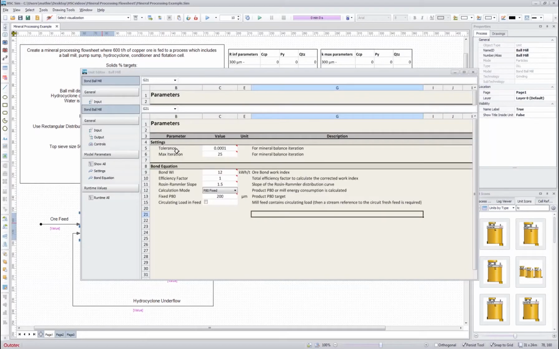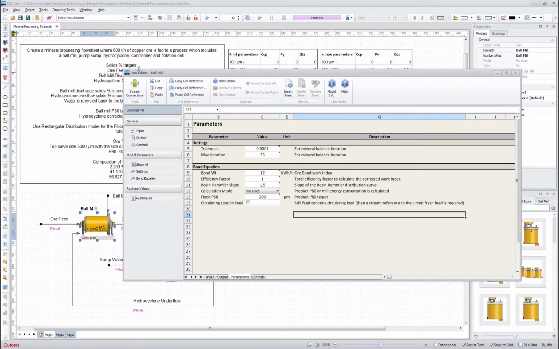First, let's take a general look at how the model and the unit editor actually look. We can see that this editor is quite a bit different than what we saw in the reactions and in the distributions. All of the particle unit operation models look something like this. They have the navigation bar over here and then some tools over here. And these are the so-called DLL models. You can also create these DLL models by yourself if you know how to program, but that is not covered